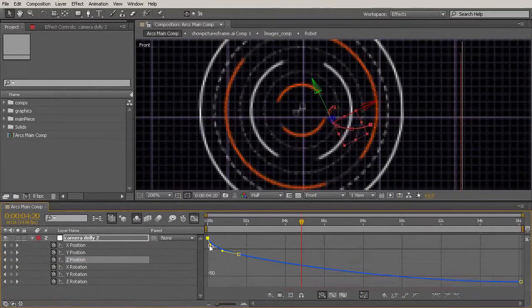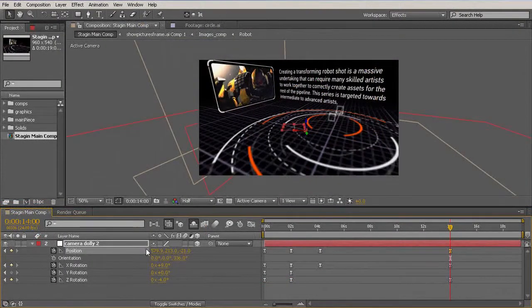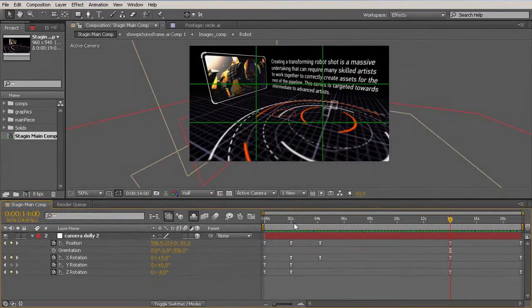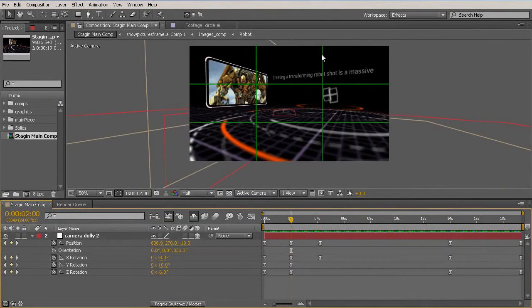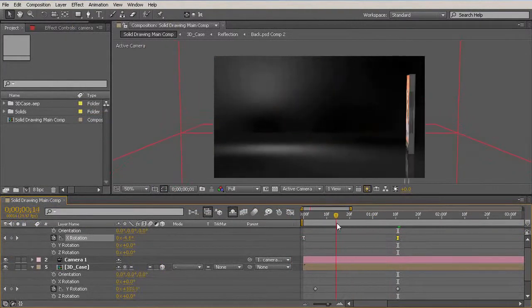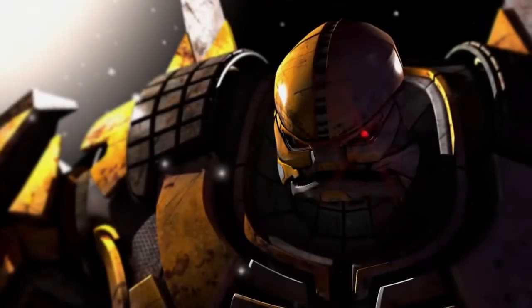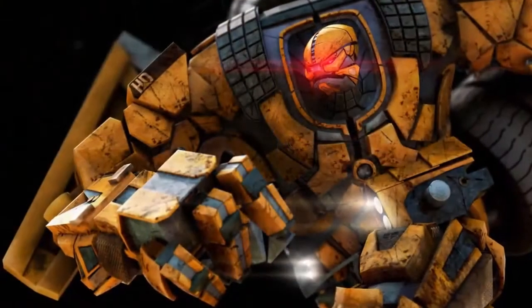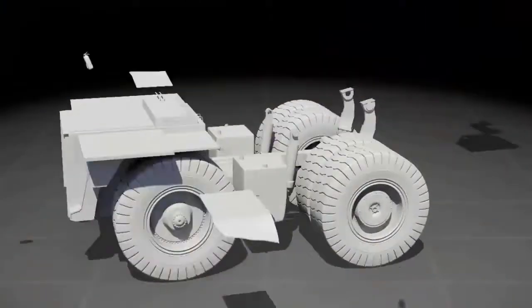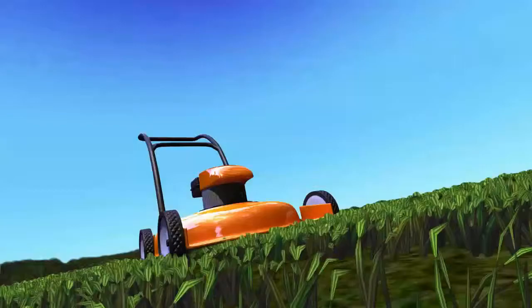Are my motions in arcs, or do I have very linear and jerky movement? How is the staging? Do I have everything staged correctly? Is everything readable? Am I using the rule of thirds? Am I keeping what I need in frame? And finally, do I have solid drawing? Does this piece have depth? Does it have volume? Am I using perspective to the fullest potential? Am I using lighting? Am I using shadows? Am I using volume to the fullest potential? And all of these go towards the goal of creating a more appealing piece of art.